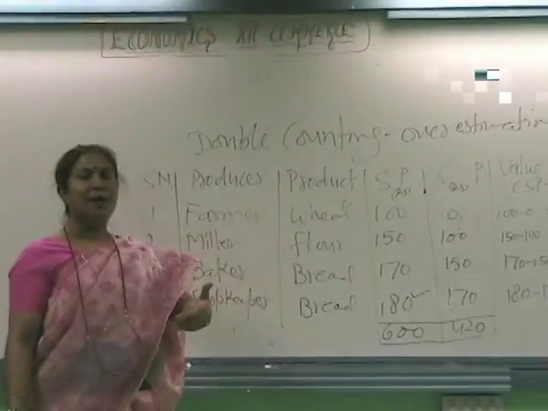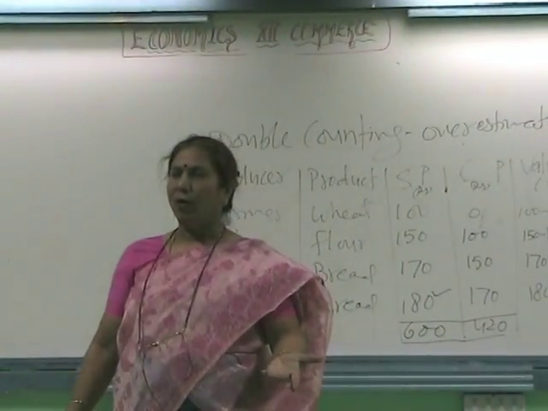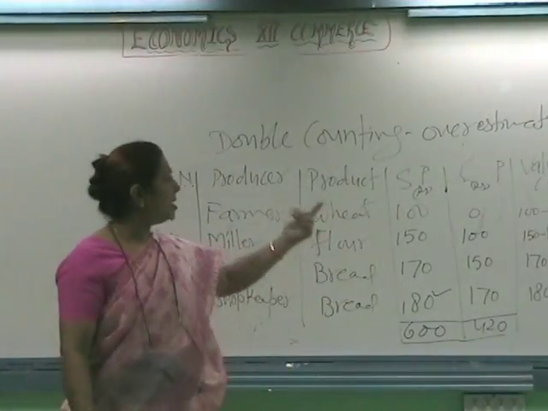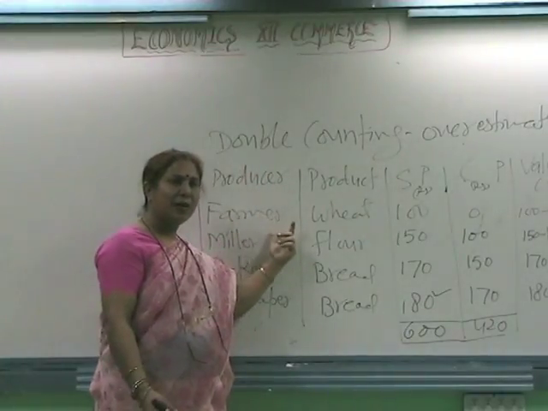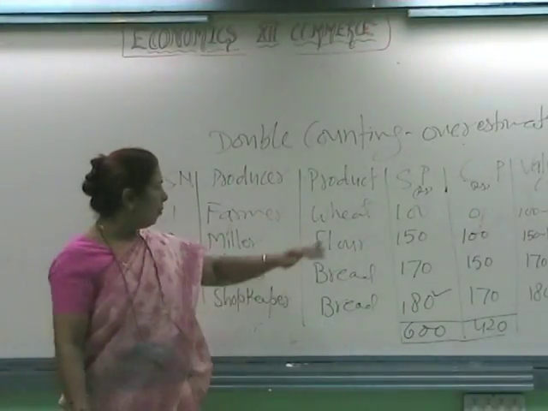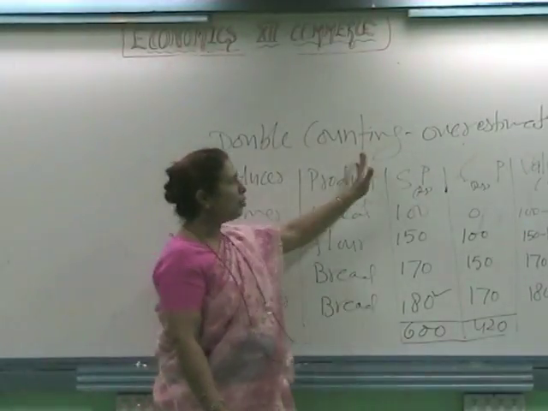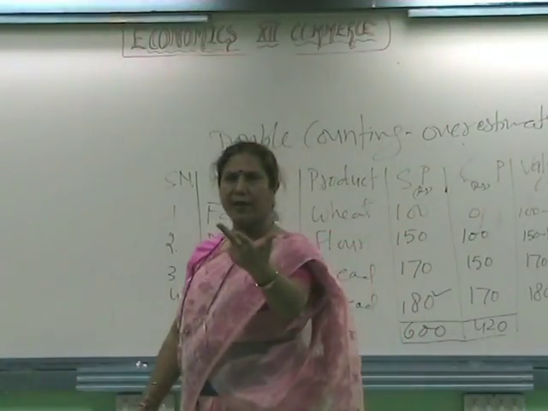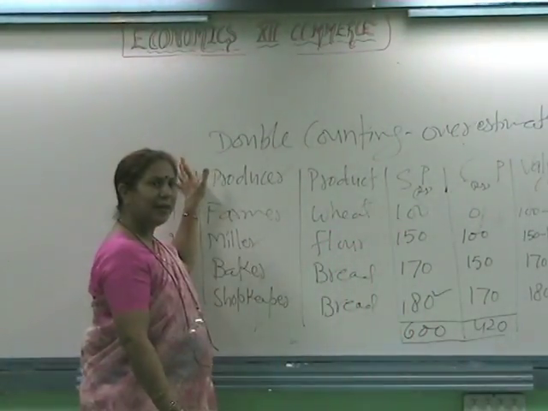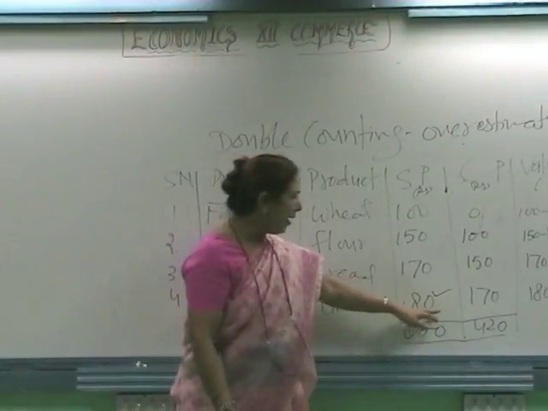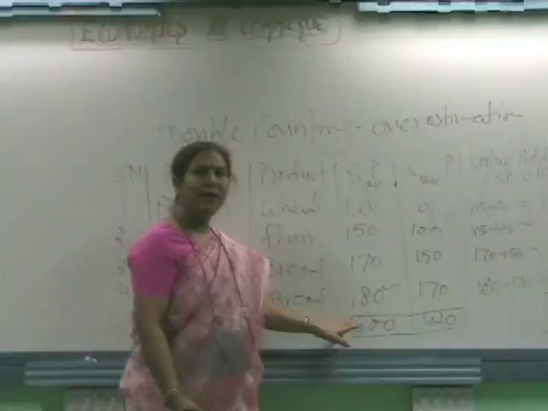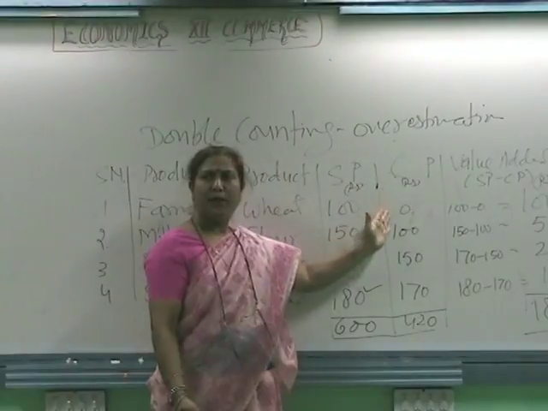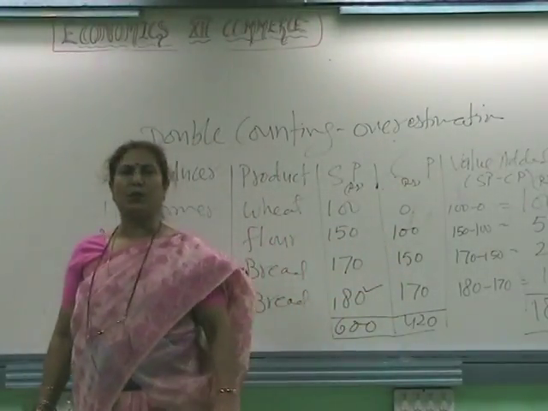So usually the question is on double counting. What is the impact of double counting? How can you avoid it? So double counting is when, in the estimation of national income, we include the value of any item more than once. It leads to overestimation of national income. And how can you avoid it? Two things we can write. We can use the value added method. Second, we should take the value of final goods only. Third, we should not include the value of intermediate goods.